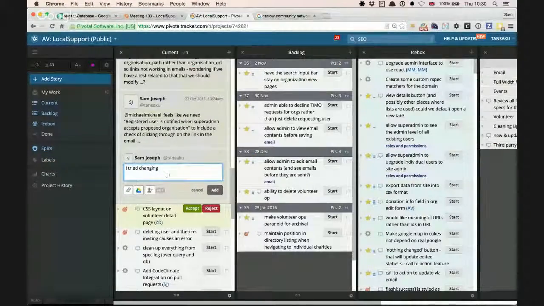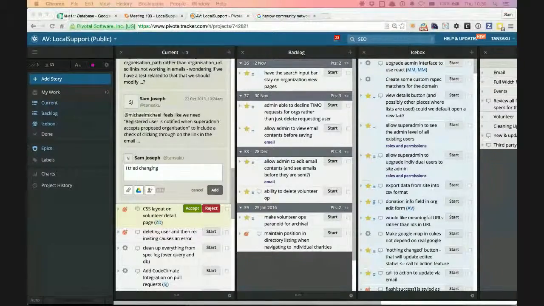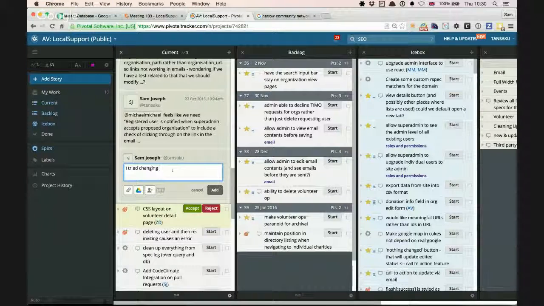Yeah, so I tried changing. So here we've got organization path to